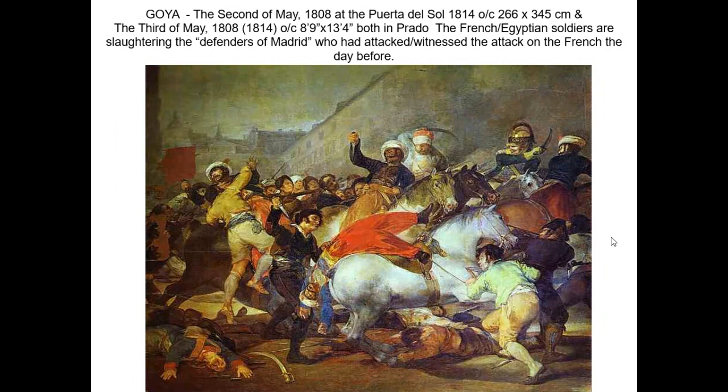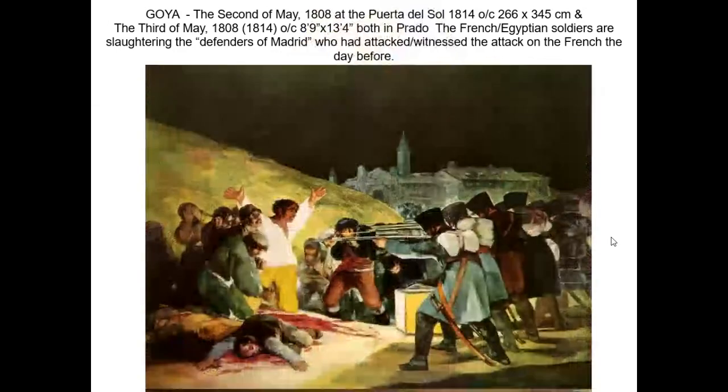However, these citizens of Madrid are not going to survive. They rebel against the French on May the 2nd. The 3rd of May is the famous painting. This is the more famous of the pair. This shows the French soldiers rounding the rebels up and putting them to death in an execution in a firing squad. So it's a really dramatic storytelling, but you notice that in this painting we can only see